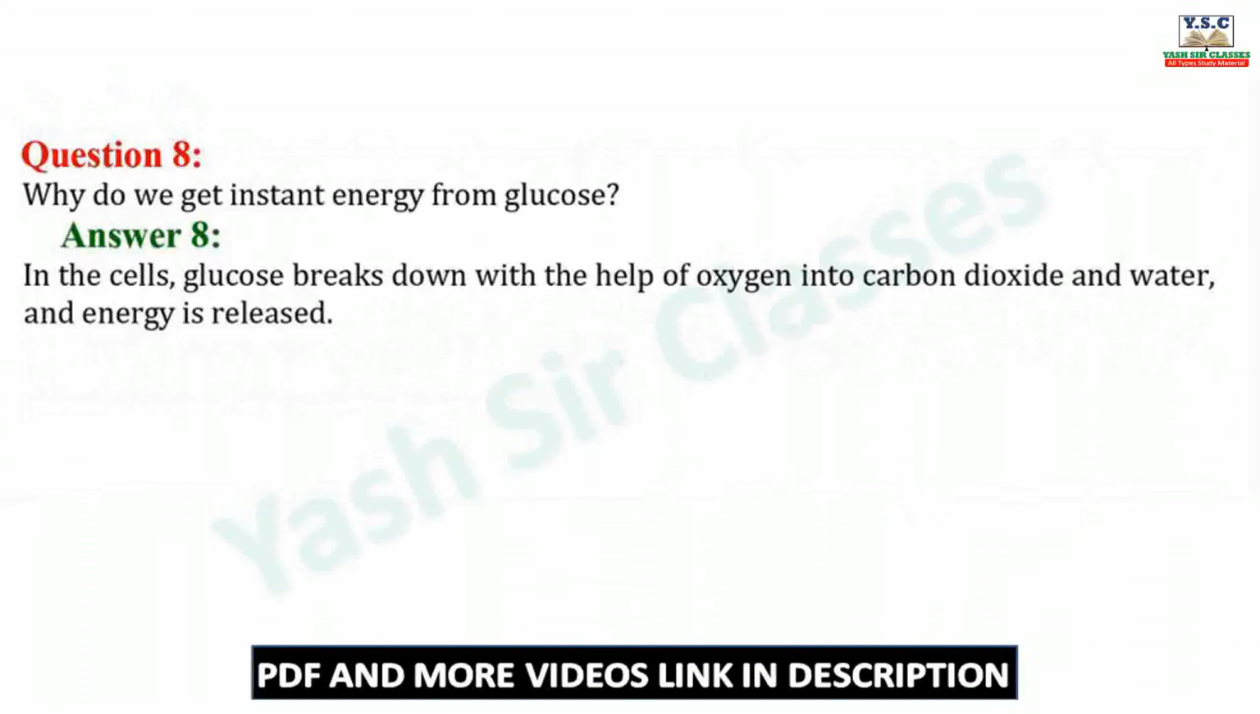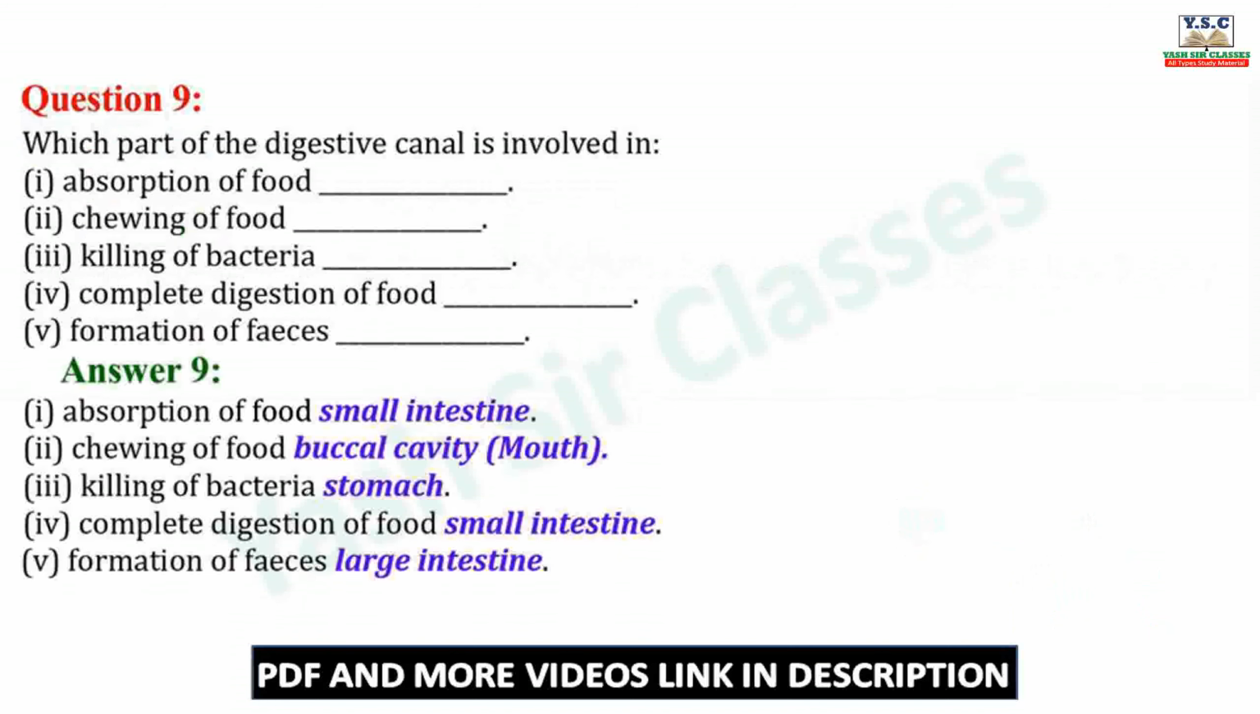Question number 8. Why do we get instant energy from glucose? Answer. In the cell, glucose breaks down with the help of oxygen into carbon dioxide and water, and energy is released. Question number 9. Which part of the digestive canal is involved in: first, absorption of food; second, chewing of food; third, killing of bacteria; fourth, complete digestion of food;